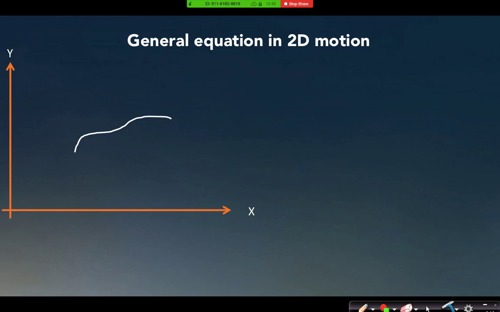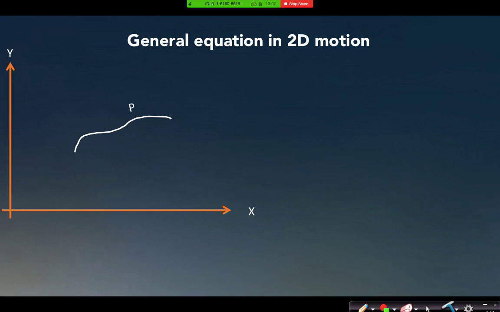What it says: suppose a particle is moving along this curved path. You can see on your computer screen that this curved path is represented by a white colored path, and this is basically the trajectory of the particle. Why? Because it is in the xy plane, so there is no time function, so it is basically the trajectory of the particle that is moving in a two-dimensional xy plane.